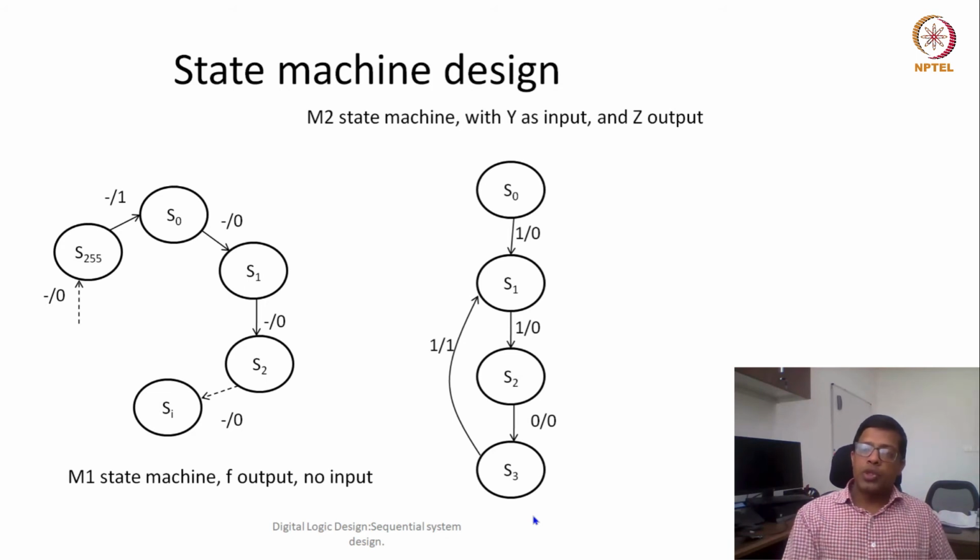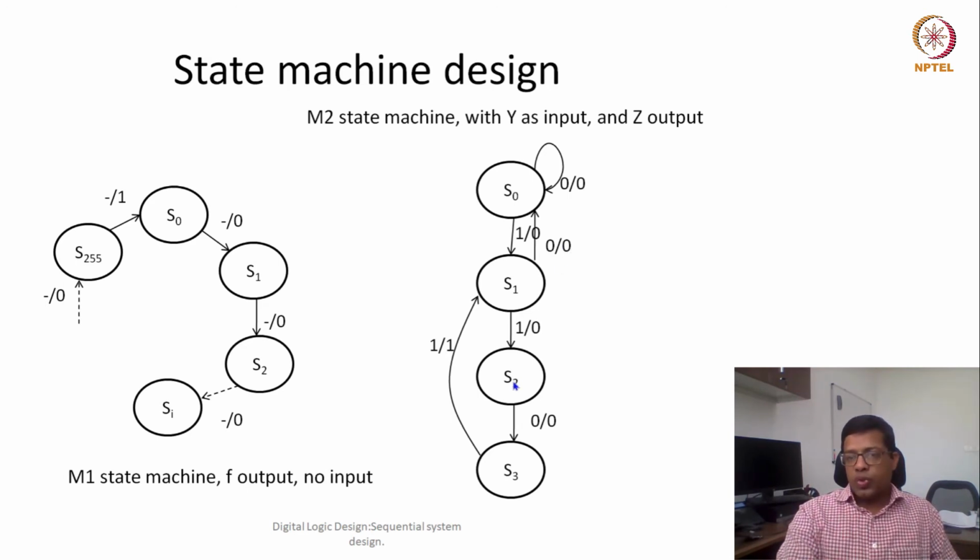So again, using the way we were designing the state machine, let's try to complete the state machine, which means try to identify what would happen if the other inputs are there. At S0, if 0 is there, because it's already a reset state, it will again go back to S0 state. At S1, which essentially represents that the first bit of the pattern, 1, has been matched, another 1 will come, it will go here, but if 0 comes, then it has to go to S0 state with the output 0.